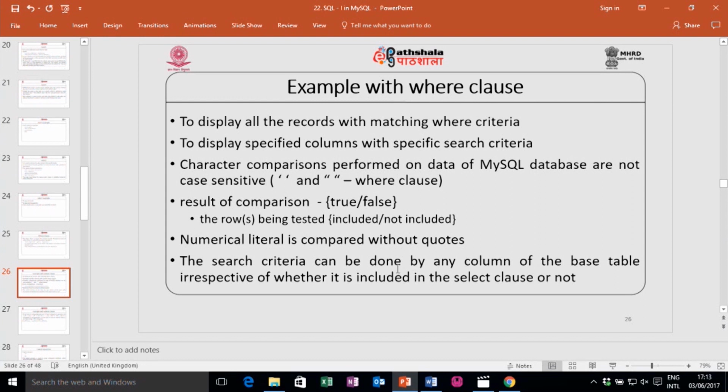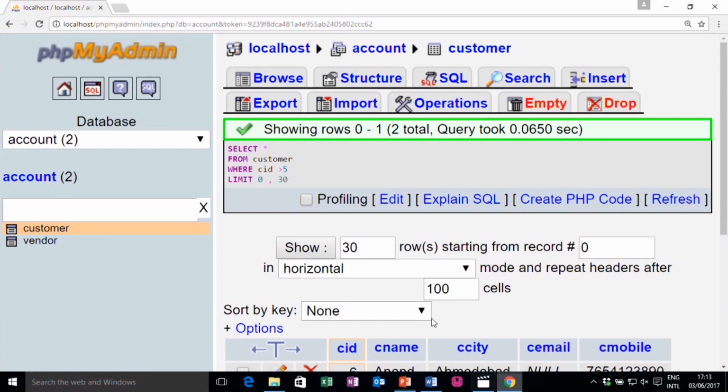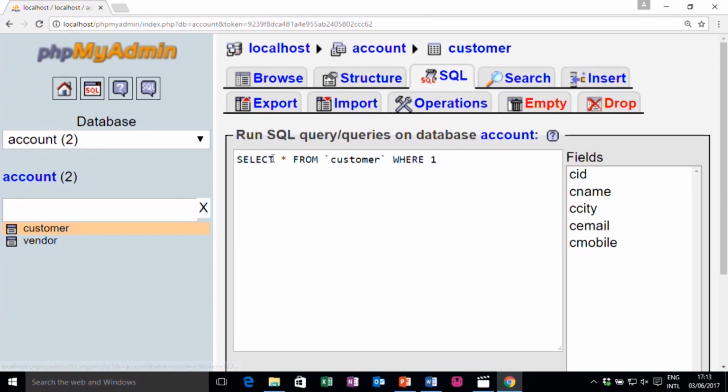Search criteria can be applied on any column of the base table, irrespective of whether it is included in the select or not. That means I can write a select query like this: select CID comma CNAME from customer where customer city, that is C city, is equal to, let me write Rajkot.